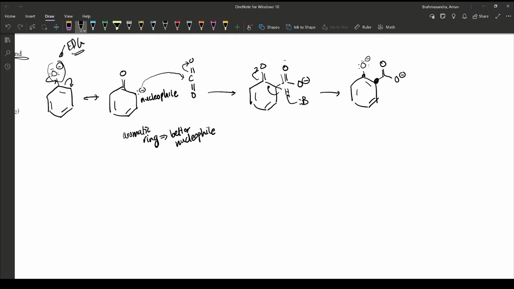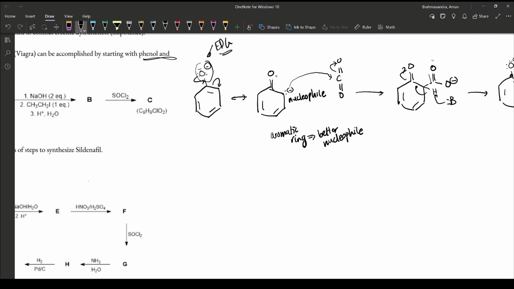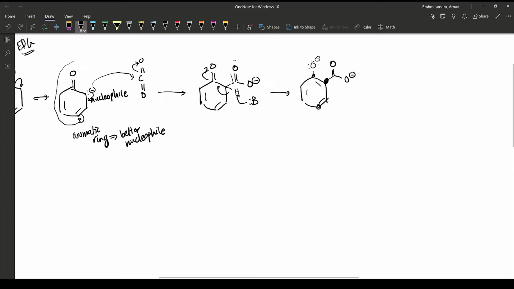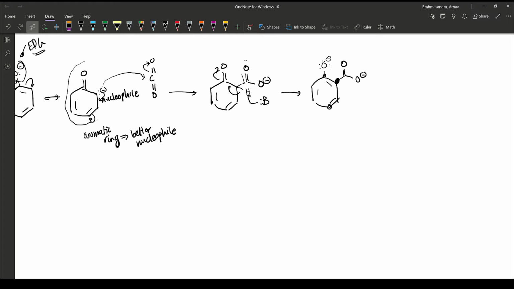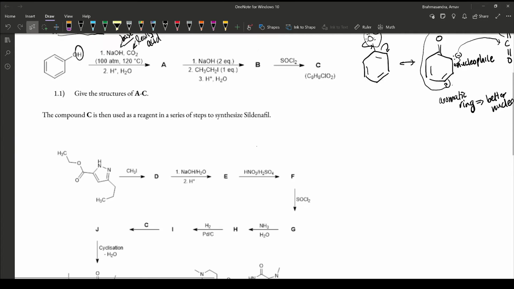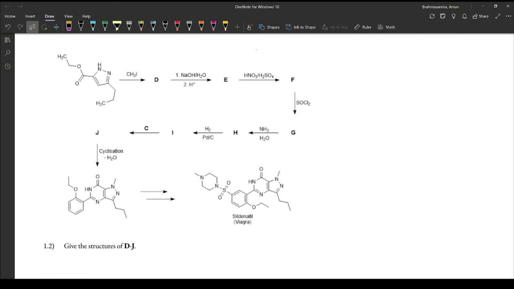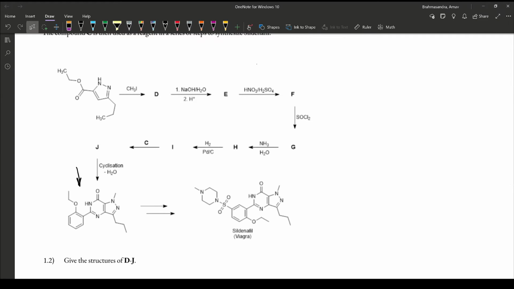We could have attacked at the para position, because if you can see in this resonance structure, in this first structure here, we could also draw a resonance that puts the negative charge on the para position. So you might ask, why did we not attack at the para position? That's a fair question. One way to figure out why we didn't do that is if we look at the product, right? If we look at this end product all the way at the end,